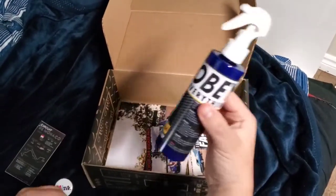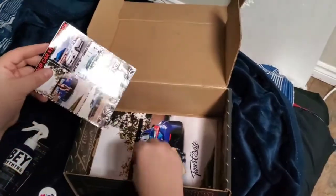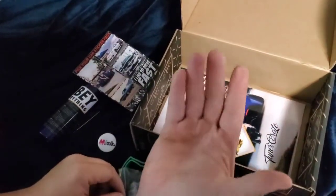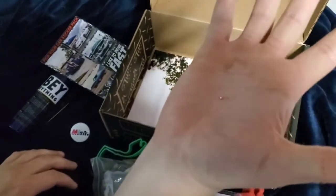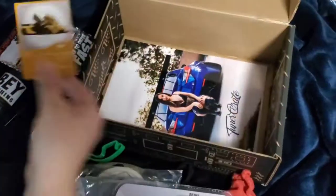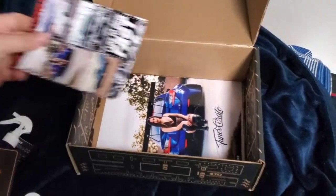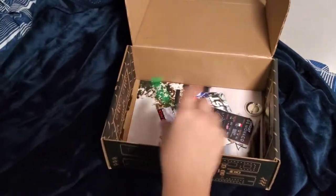Mint. Spray. Monaco, I mean. Don't mind his mispronunciation. He is French. A piece of metal, aluminum, whatever. Same card. Same girl. Same thing. So unfortunately, there's no... This is why we stopped going with Tuner Crate. We stopped Tuner Crate 100% because